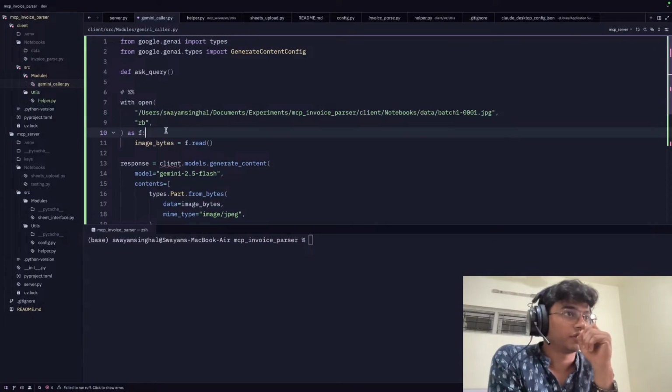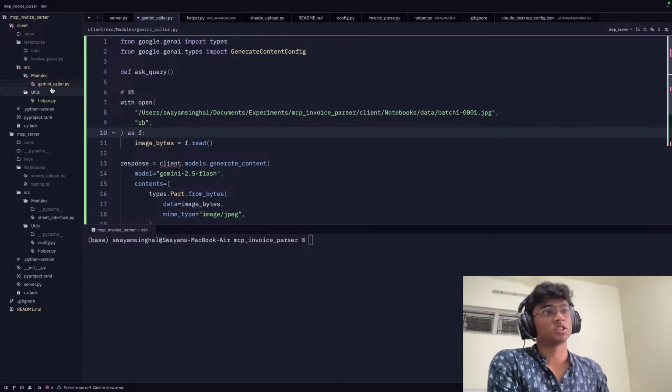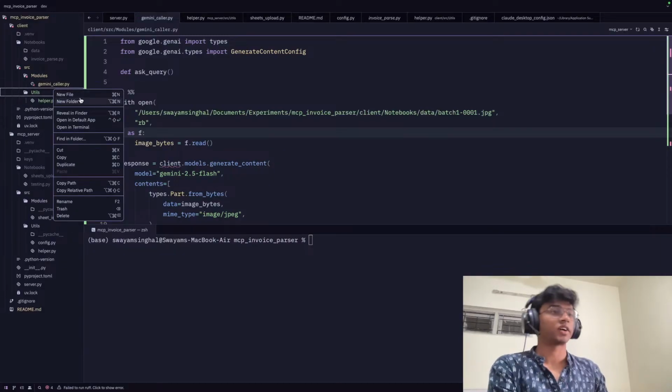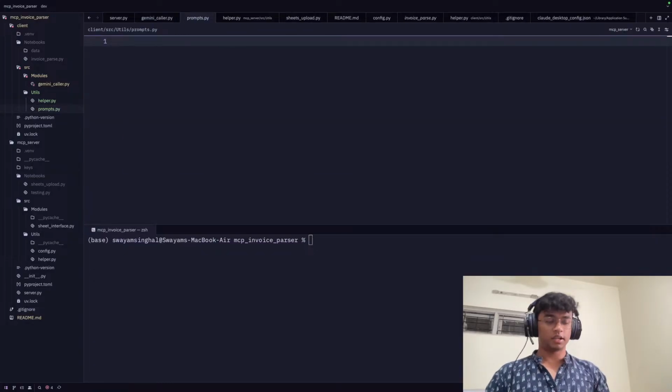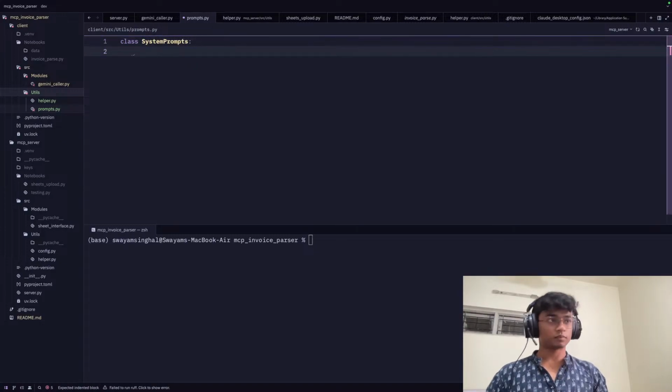And we are also needing to have a system instruction that I'm going to store inside of another file which I'm going to call prompts. So inside of this, let's have another file which is our prompts.py, and inside of here I have my system prompts. And here I'm just going to have like,